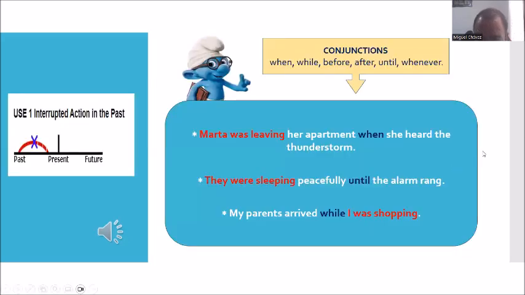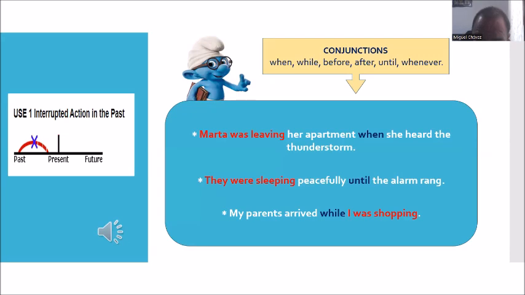One of the most common uses of the past continuous tense shows a past action that was interrupted by another past action. These are often complex sentences featuring subordinating conjunctions like when, while, before, after, until, or whenever. Both the action that was interrupted in the past continuous tense and the action that interrupts it in the simple past. For example,